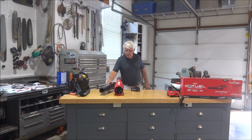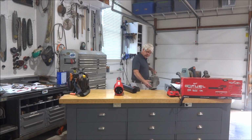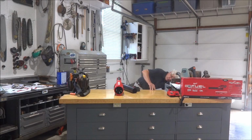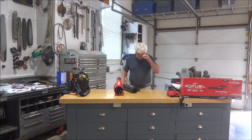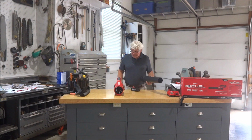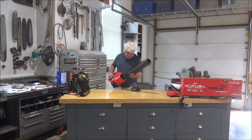So that's great. The other thing I wish this had is another little piece of plastic that gives you kind of a flat blower like the old one had on it, to blow the floors and keep the airflow right down on the floor. But it doesn't. But that might be an addition, Milwaukee, if you're listening. You could maybe come out with the next version, or maybe a little accessory. Anyway, we'll go ahead and snap this in,